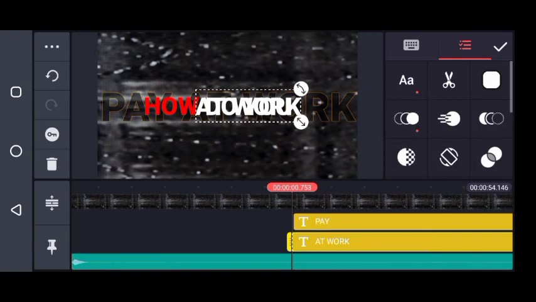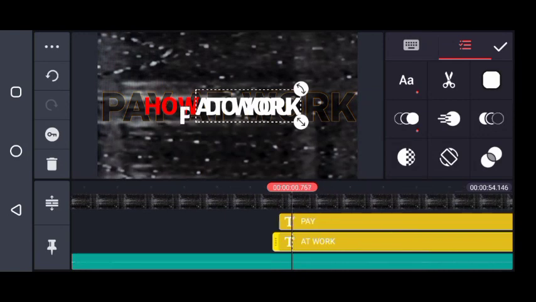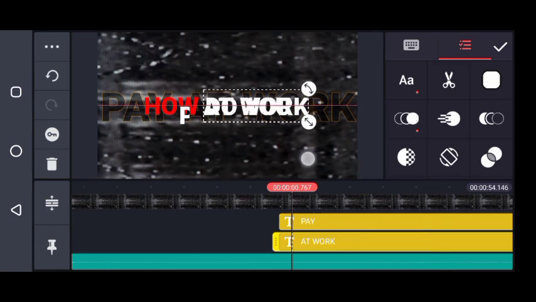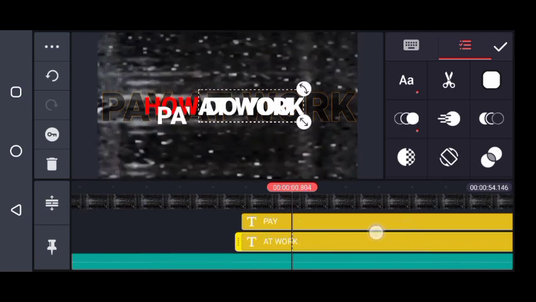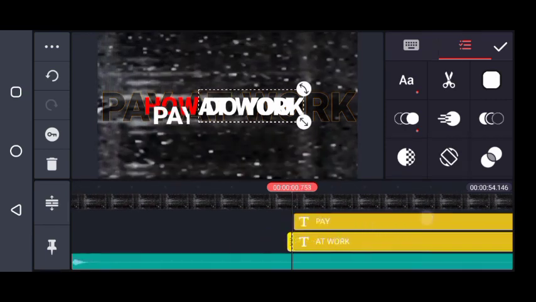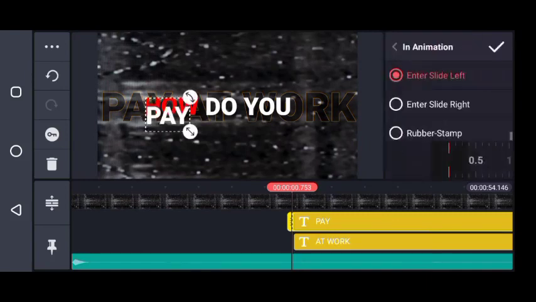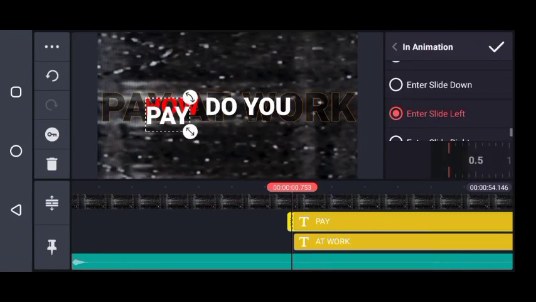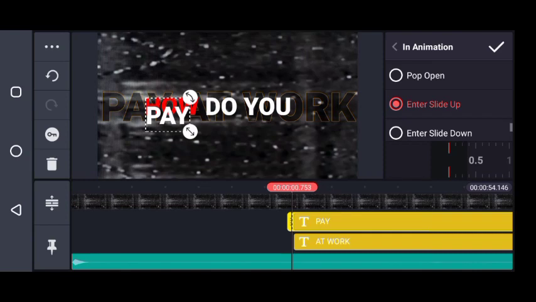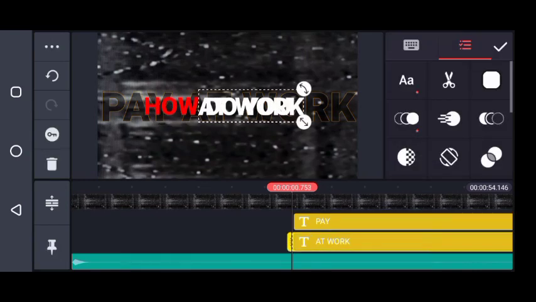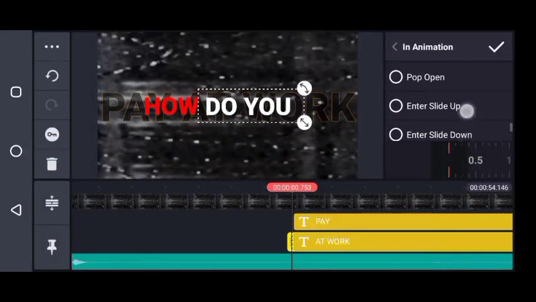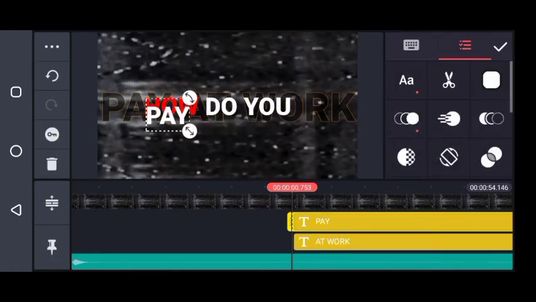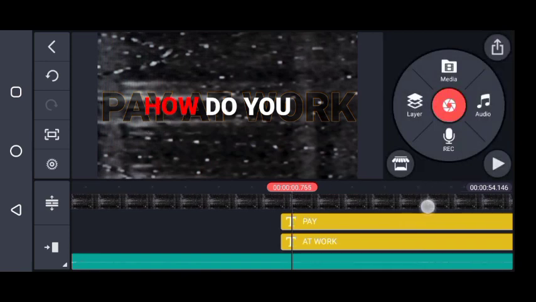Now the pay, I think this is good. How do you pay? It's good. How do you pay at work? Now this will be a slide up or enter from up. This one too, same thing. They enter together. But there's a magic there that they are